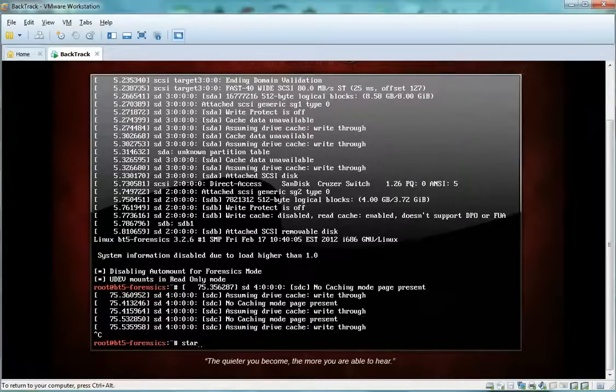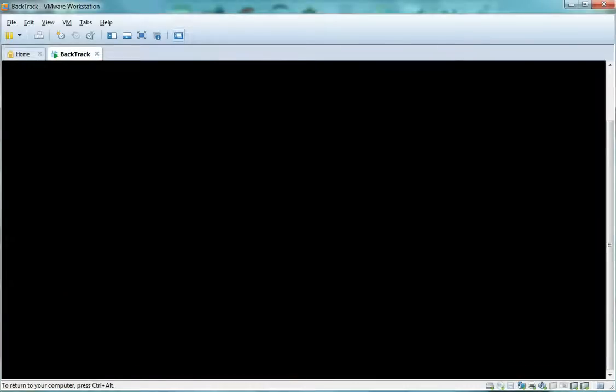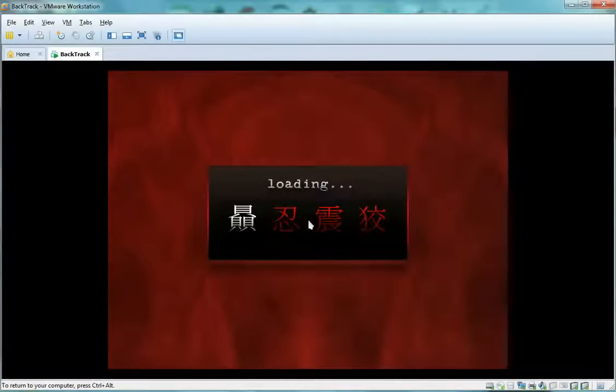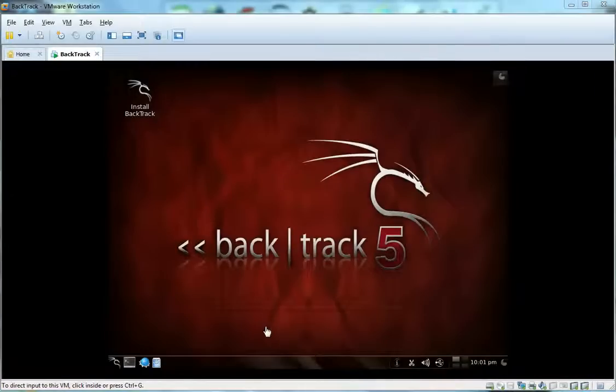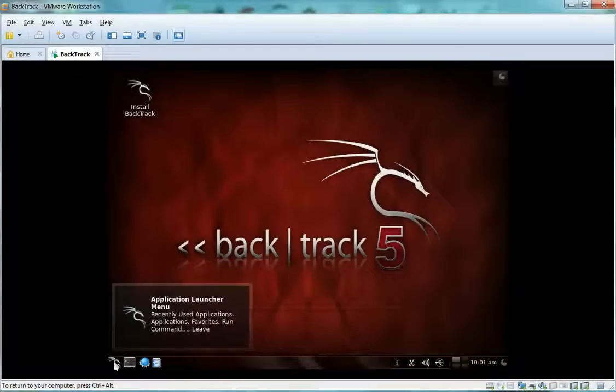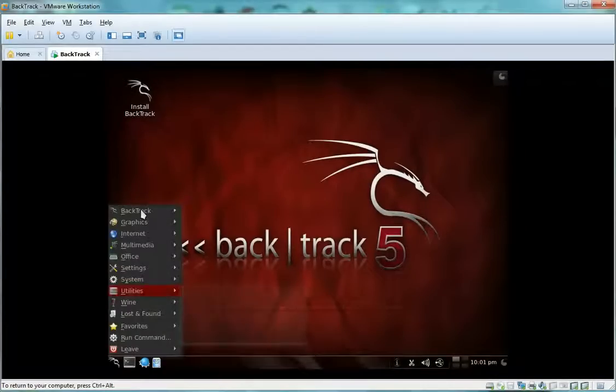Now we're ready to start the graphics monitor, or graphics interface. I'm going to pause this till it gets done loading. Okay, BackTrack 5 is now finished loading, so what we're going to do is we're going to start our